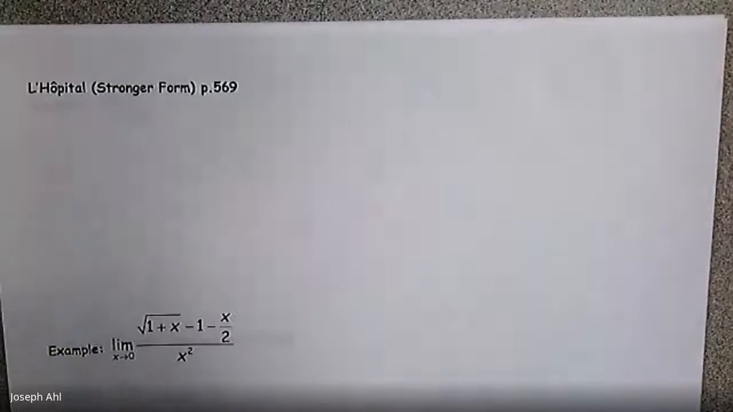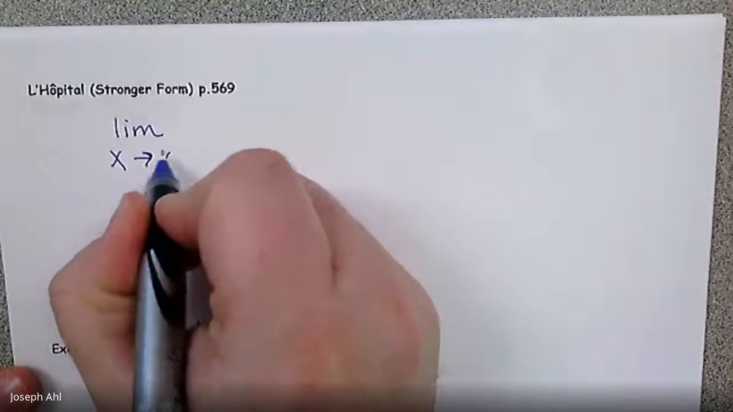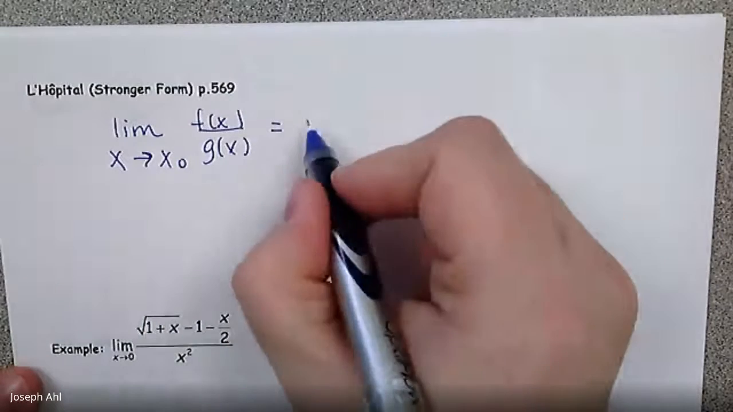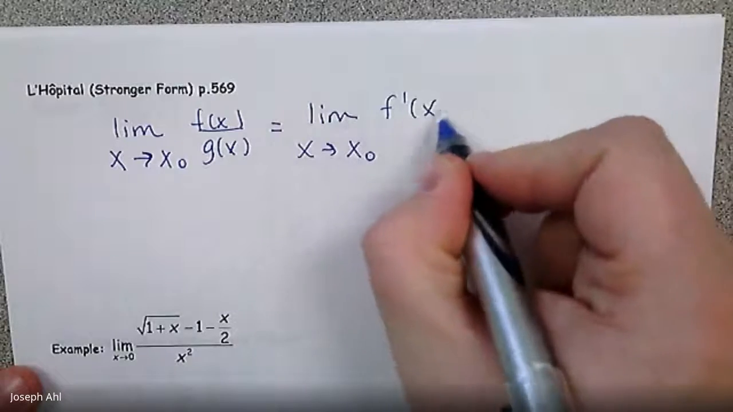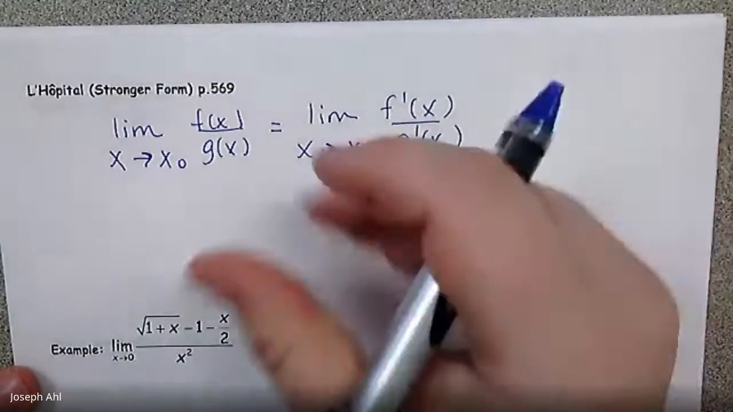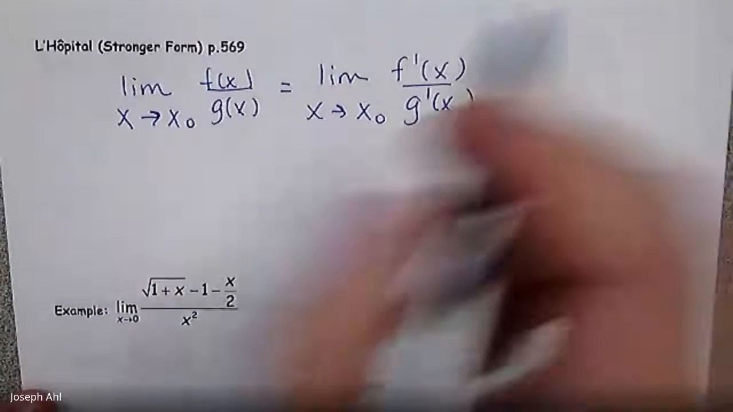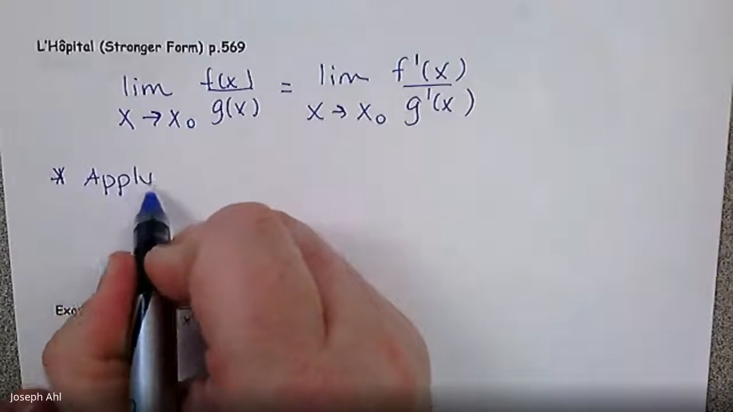All right, moving on to the next page. The stronger form is on page 569 in the textbook. If you read through it, it looks like it says essentially the same thing. Instead of saying x goes to A, they say the limit as x approaches x sub 0 of f of x over g of x equals the limit as x approaches x sub 0 of f prime over g prime. So again, it's the same type of idea, but the stronger form of L'Hopital's rule is important because what it states additionally is that you can apply the process